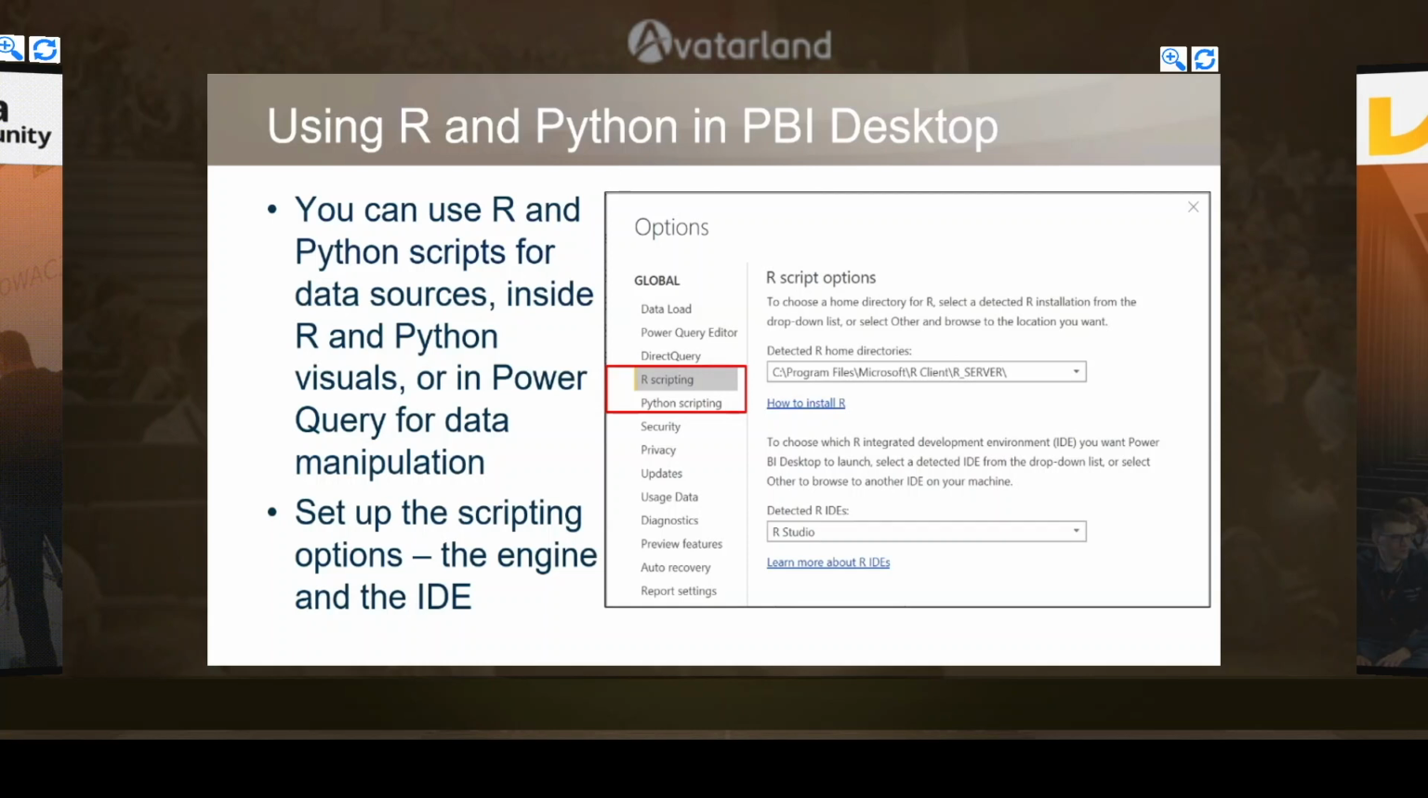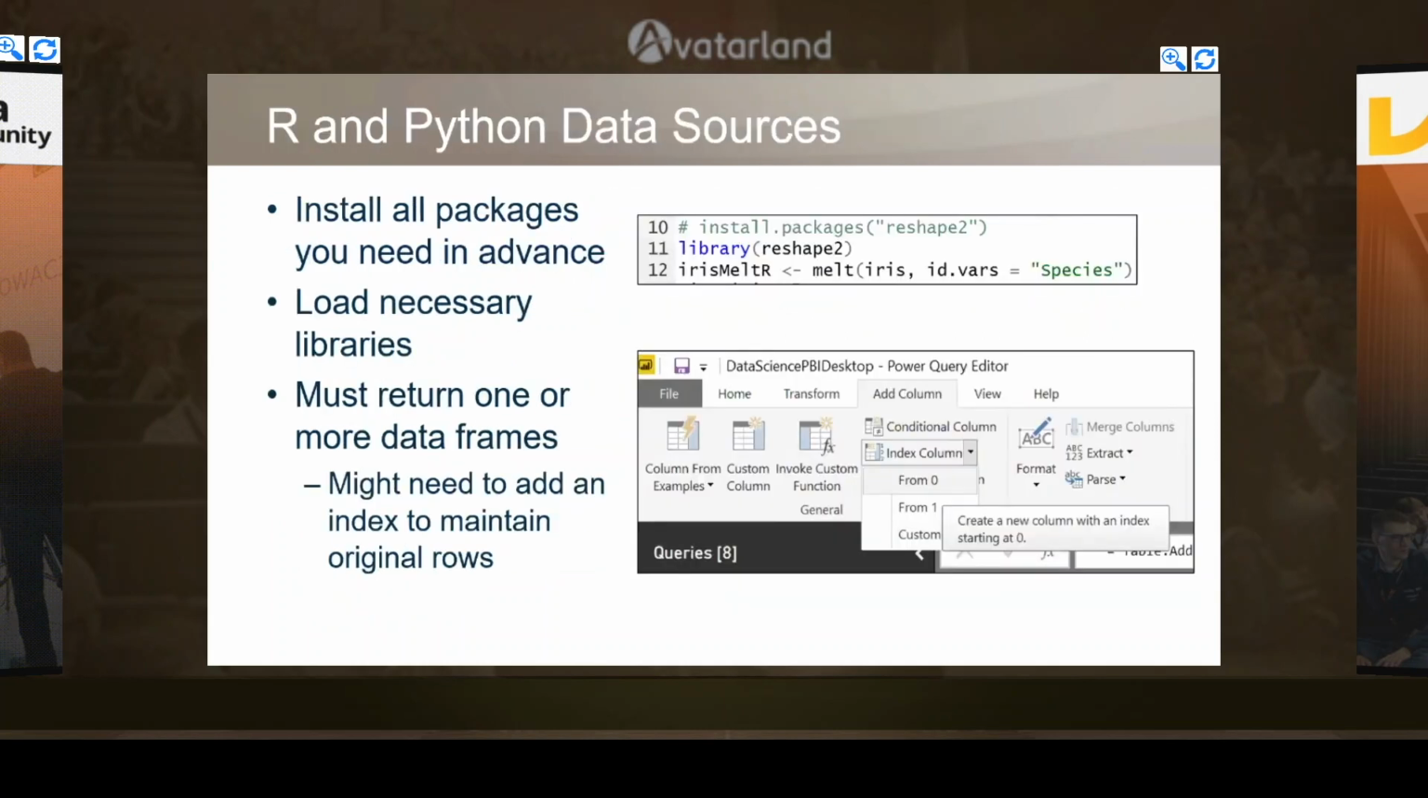Also, of course, you don't install libraries from Power BI desktop, so you should install them in advance with R or Python. And then inside Power BI desktop, you load those libraries you need to memory. Another thing, now